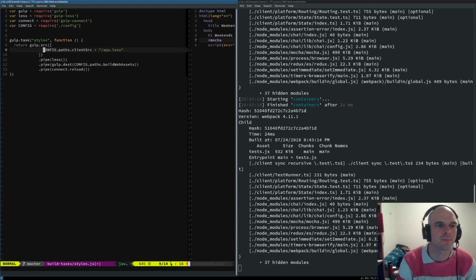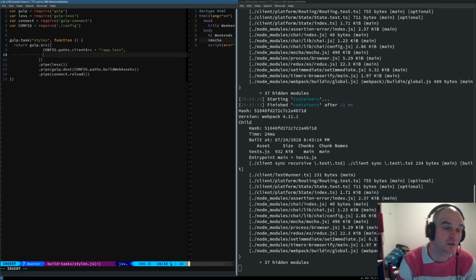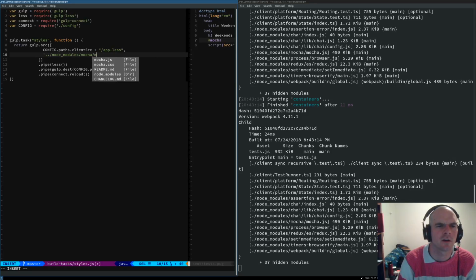We can just pipe it through the same thing, mainly because CSS is a subset of Less, so CSS should just run if we put it into Less like this. If we go node_modules, where is it? It's node_modules/mocha. I'll just do this so I can remind myself. mocha.css. Alright.